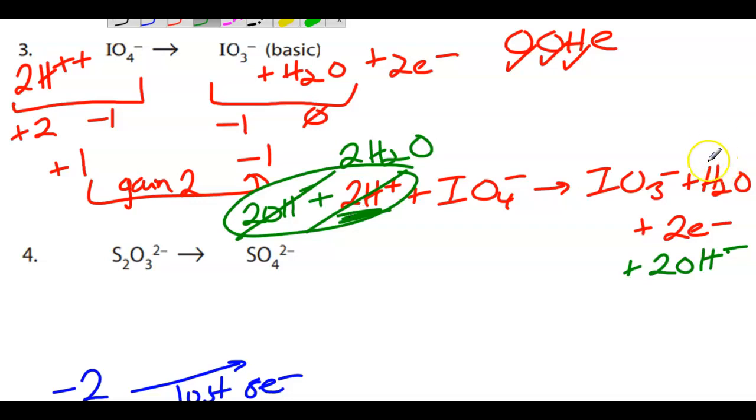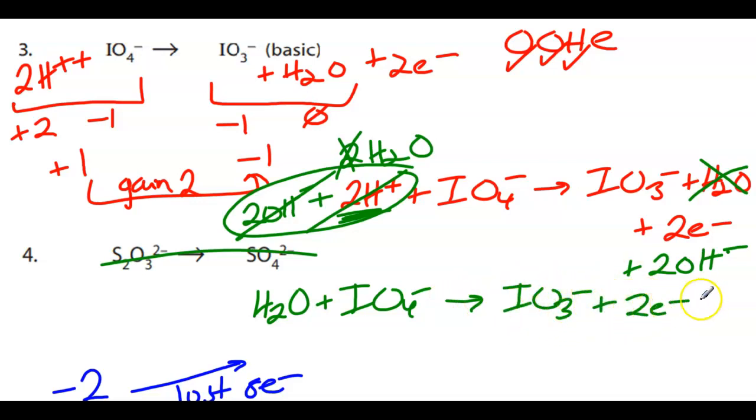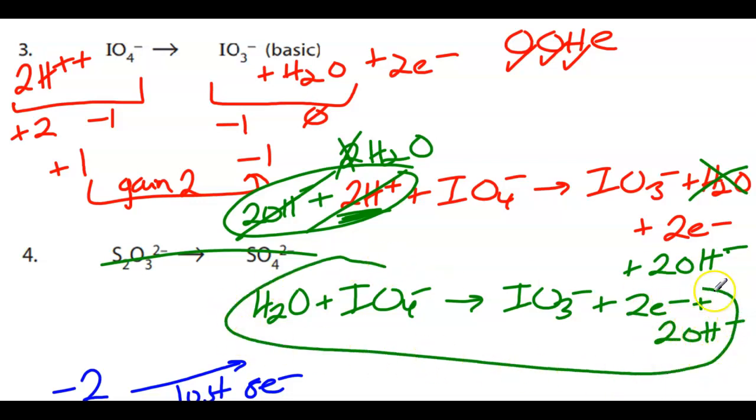So for example, the water on the product side can cancel out one of the waters on the reactant side. So cleaned up, we have 1 water plus IO4 negative 1, IO3 negative 1 plus 2 electrons plus 2 hydroxide. Okay, if you have balanced this correctly, you should have